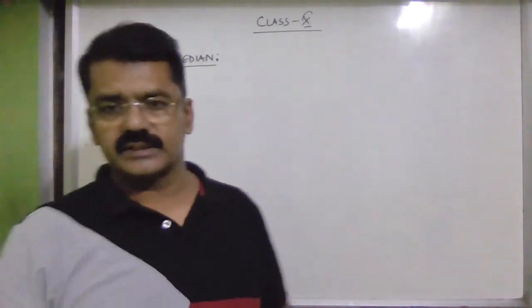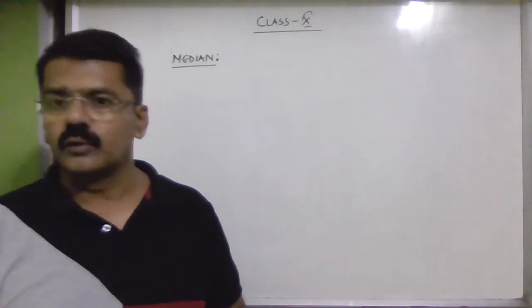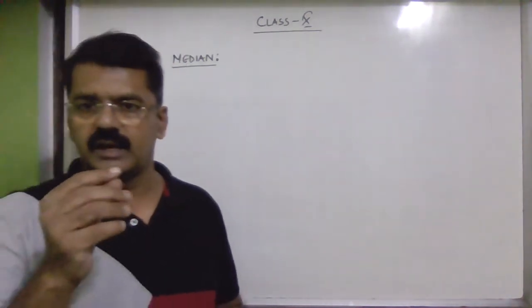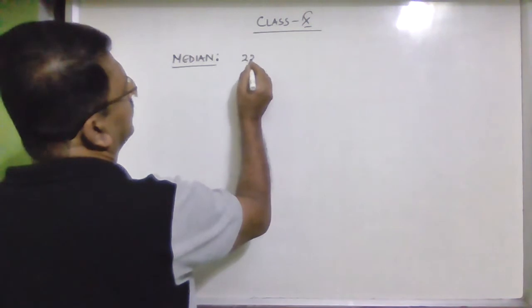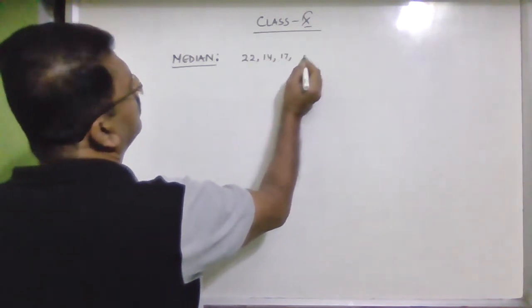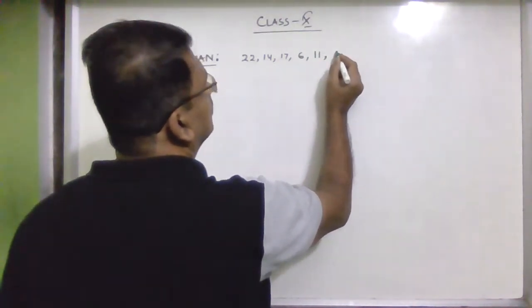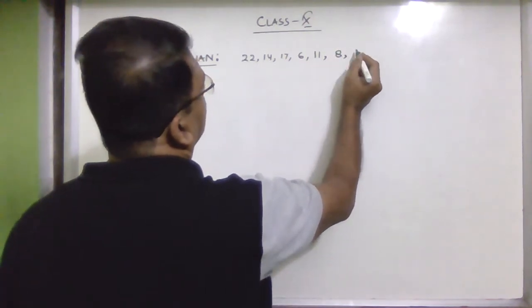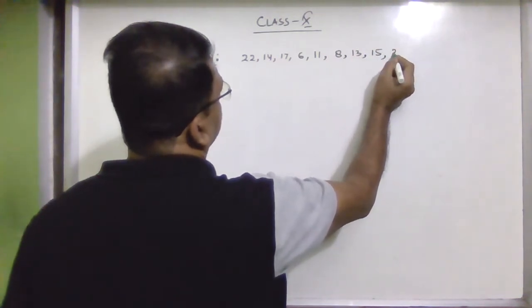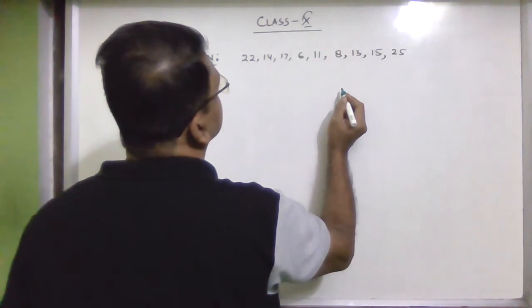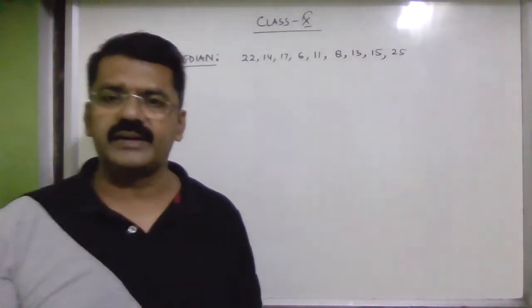Now, in the junior classes, you have studied about median for ungrouped data. Just as a recap, suppose the numbers given are 22, 14, 17, 6, 11, 8, 13, 15, 25. Okay, so there are a few numbers written over there, and now they are saying find the median